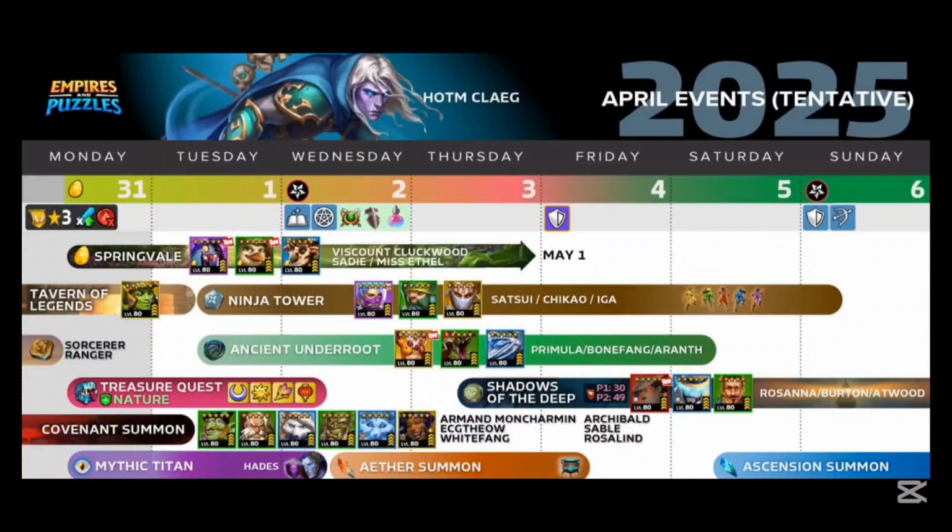But good place to use those epic hero tokens, unless you're saving them up for something along the lines of Christmas or Halloween, which is a long way off as yet. A Ninja Tower is back again. So many ninjas. Now, keep in mind, these calendars are just tentative, as we can see clearly in the top right-hand corner,